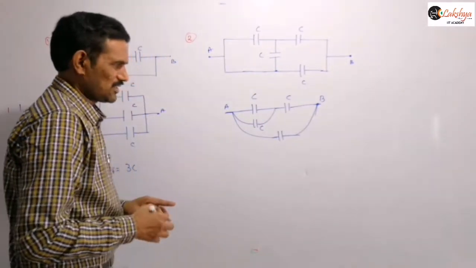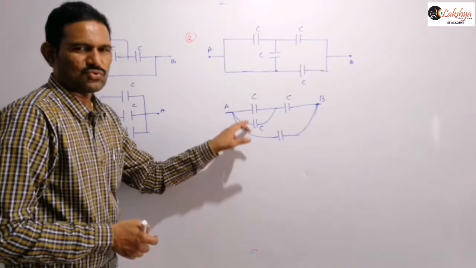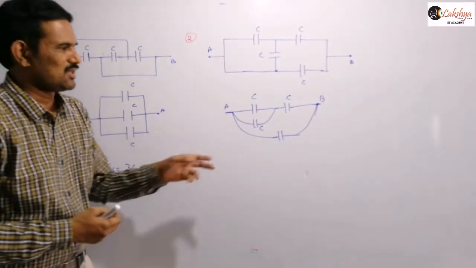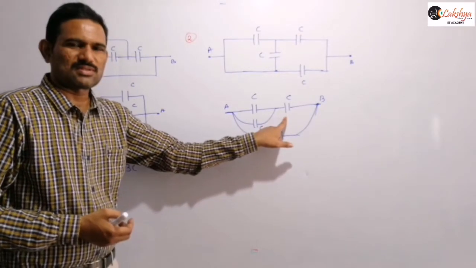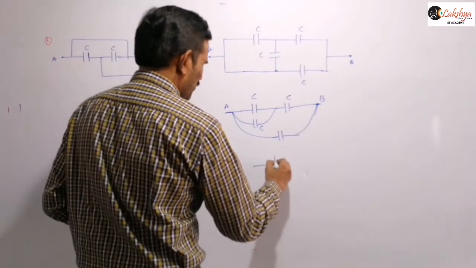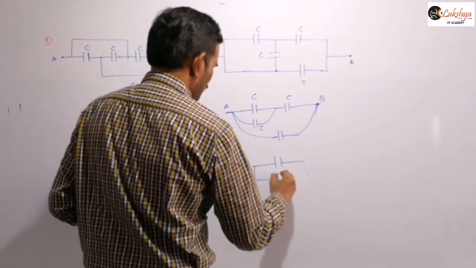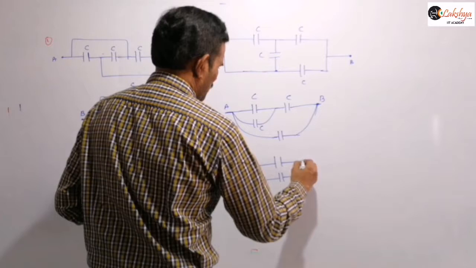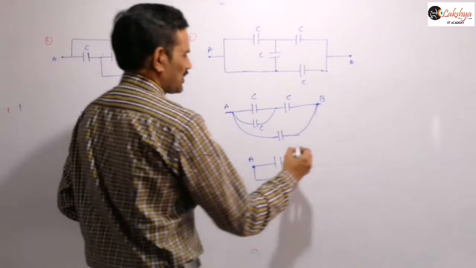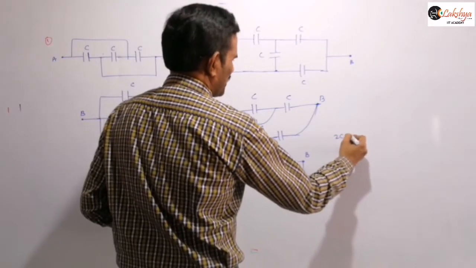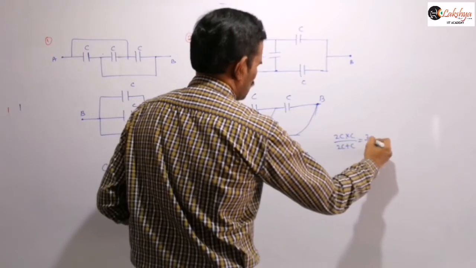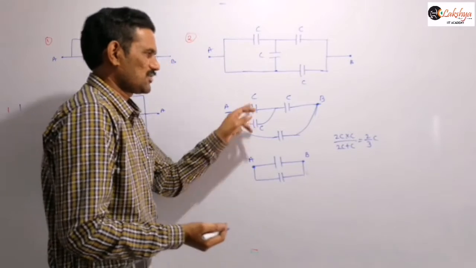Now we can say easily these two capacitors are in parallel. So when two identical capacitors are in parallel, you can add them directly, C1 plus C2, so that is 2C, you can write. Now that 2C will be in series with this C. And so now 2C and C are in series, then you can further redraw the circuit like this. Now these will be our points here, A and B. And this effective capacitance you can calculate, like 2C and C are in series, so you will get like this. So that is 2 by 3 C, right? That means here 2C you will get.